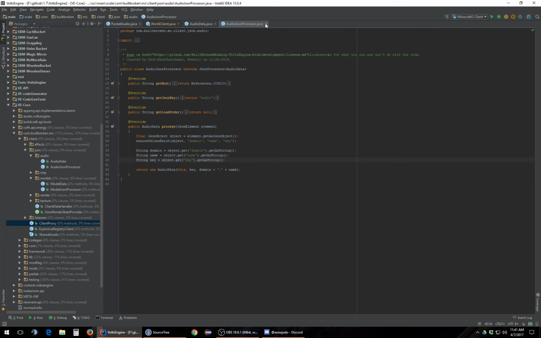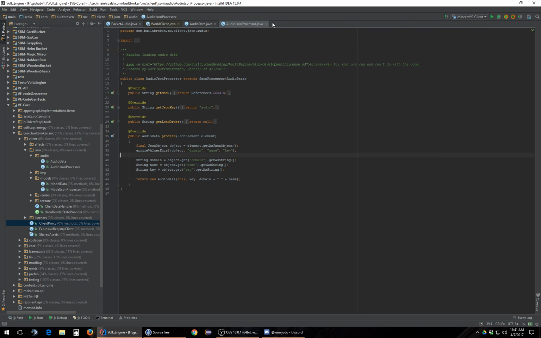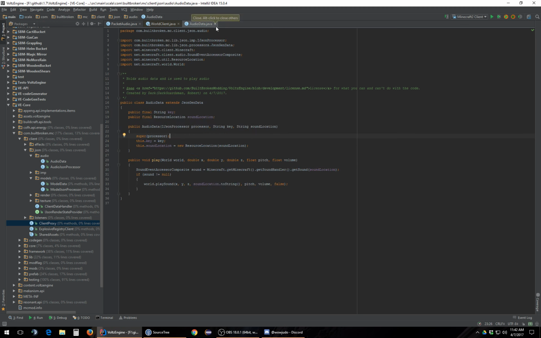Okay, audio processor is done. I need to update this date though. So this is 4.7.27 and handles loading audio data. And we're done there. So this means we can do that. So now